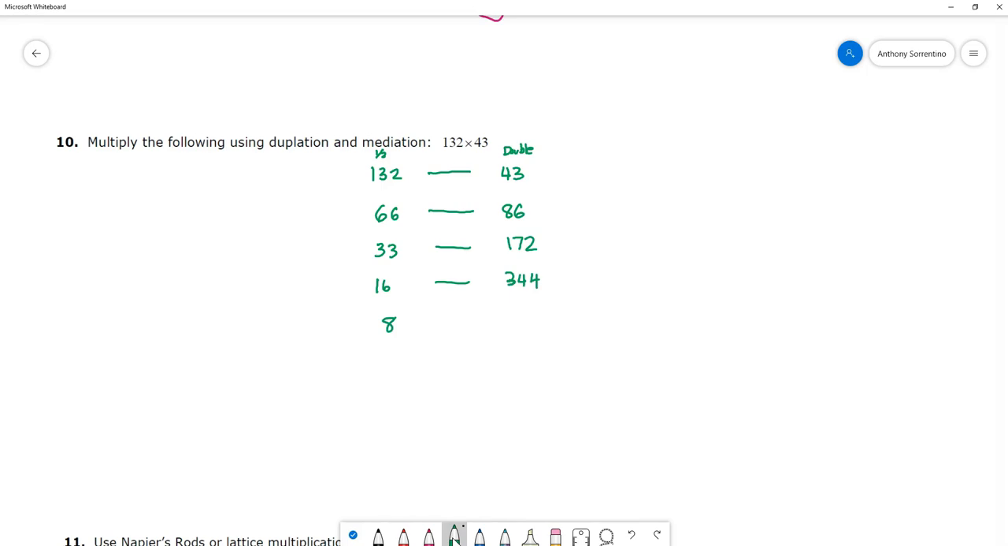Half of 16 is 8. If I double 344, I get 688. Half of 8 is 4. Double 688, I get 1,376. Half of 4 is 2. Double 1,376, I get 2752. Half of 2 is 1. And doubling 2752 is